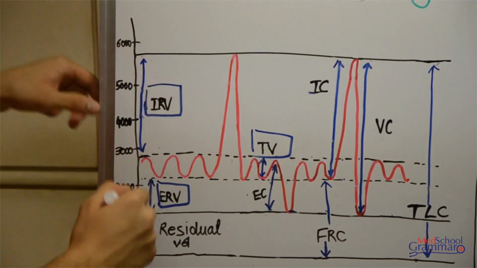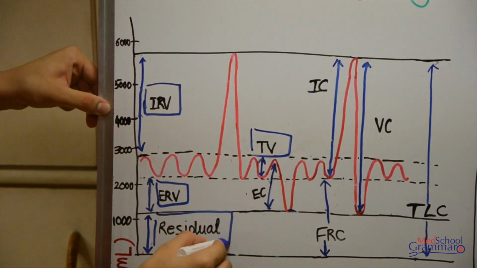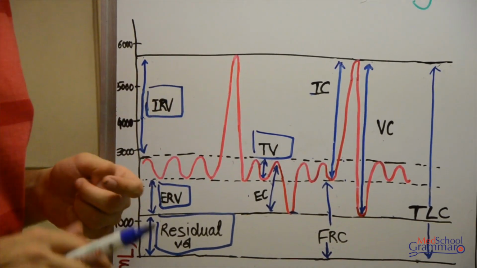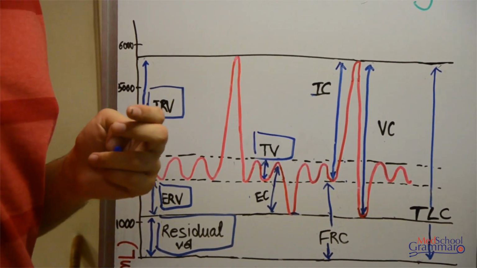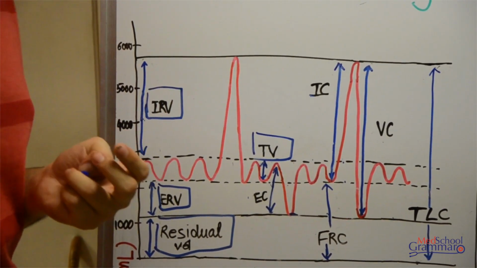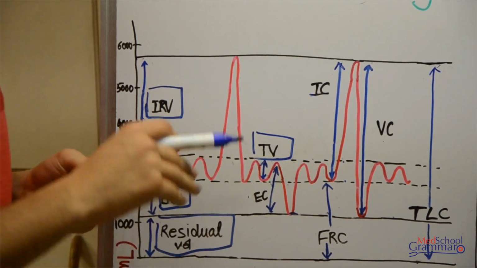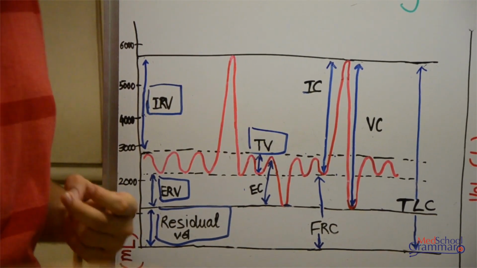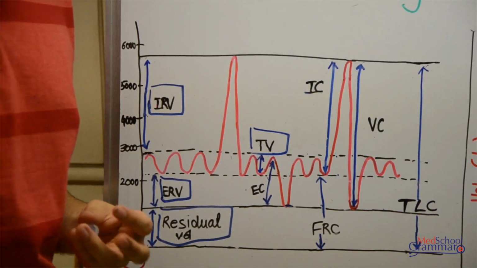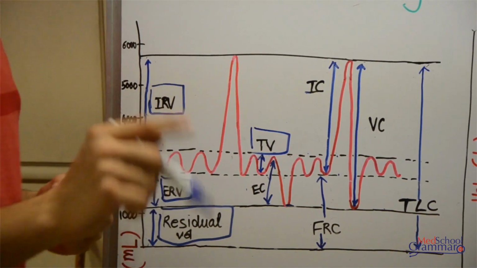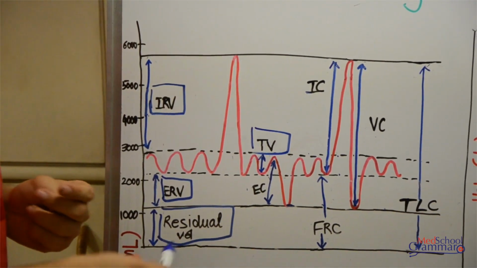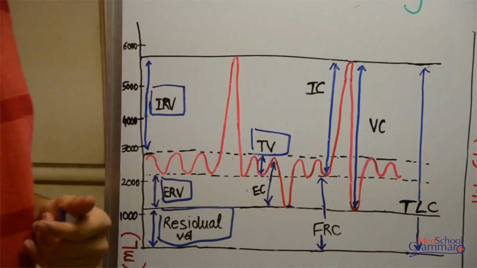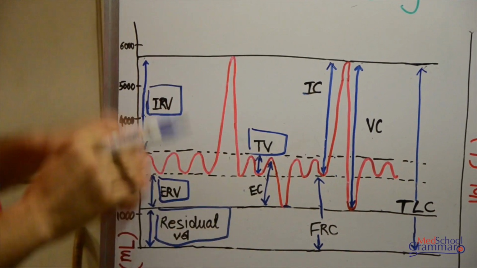And the fourth and the last volume that we measure is the residual volume. The residual volume is the volume of air that is present in the lungs irrespective of how fast or how hard you expire. So this is the volume that is present constantly in the lungs. What causes the air to stay in the lungs and not go out? It's the trans airway pressure that I described in the earlier part. The trans airway pressure causes the residual volume, and its normal value is approximately 1.2 liters. So that covers the various volumes that we measure.